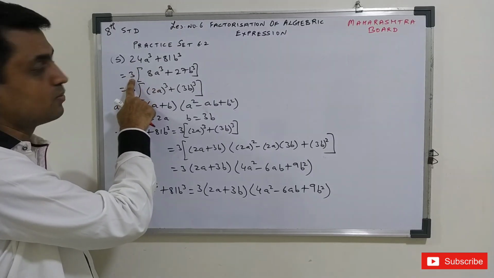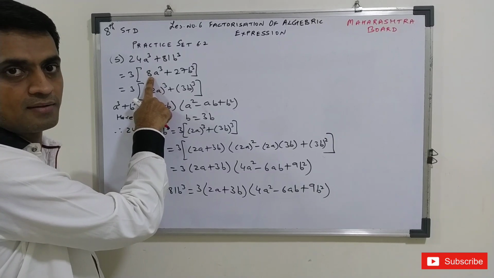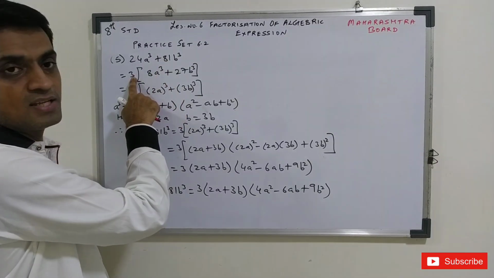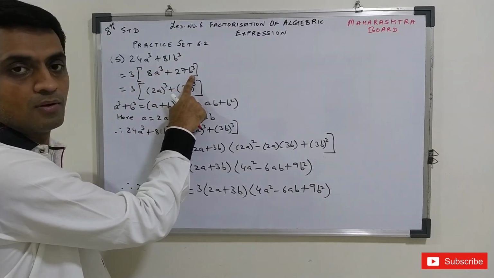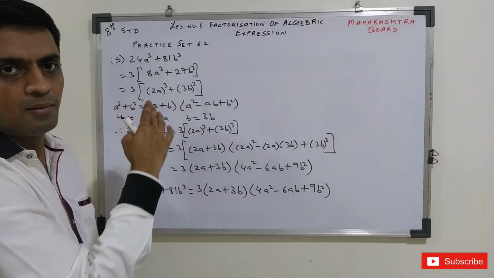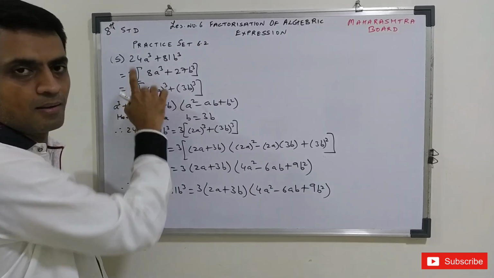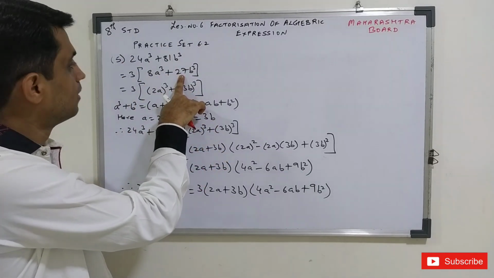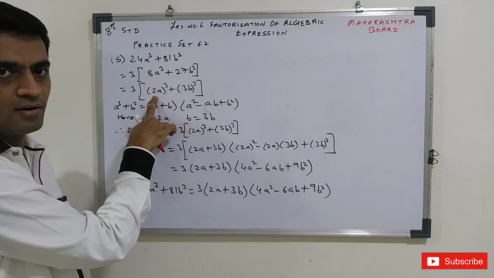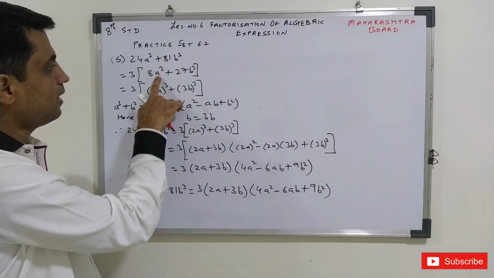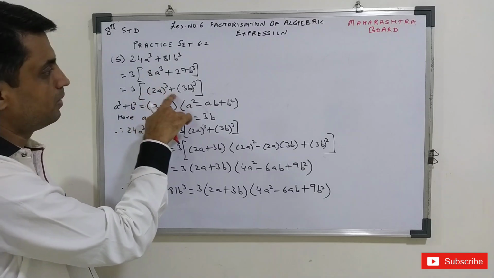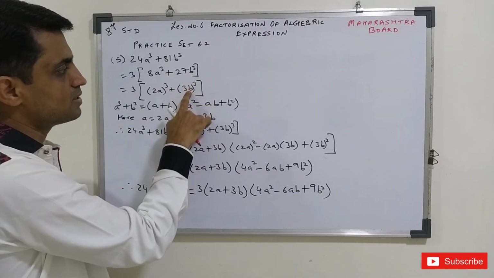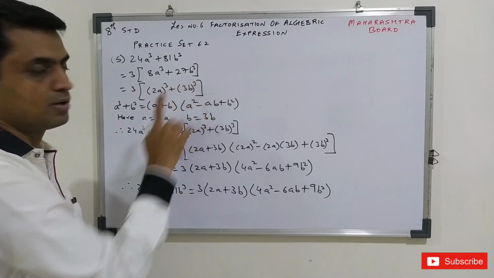24 divided by 3 is what? 8. So 8 3s are 24. A cube plus 81 divided by 3 is what? 27. B cube. So when you are taking out common, आपको mentally divide करना है. Mentally 81 divided by 3, automatically get the answer. Now 8 is a cube of what? 2. Yes. A cube, the whole cube will be written. Plus 27 is a cube of what? 3. And B cube is a cube of B. So 3B the whole cube.